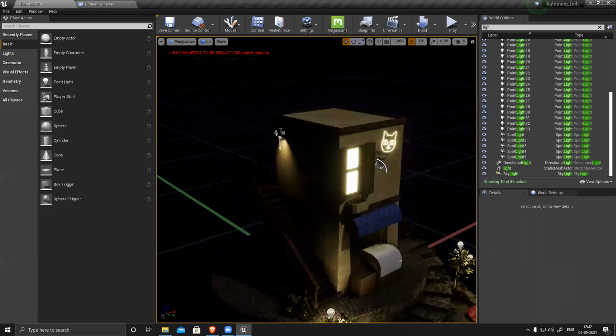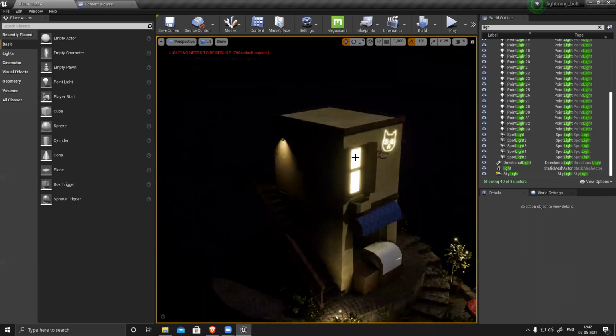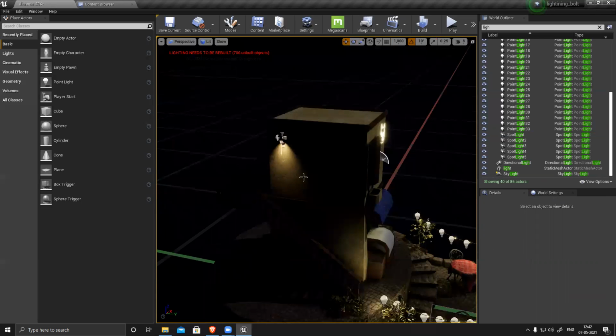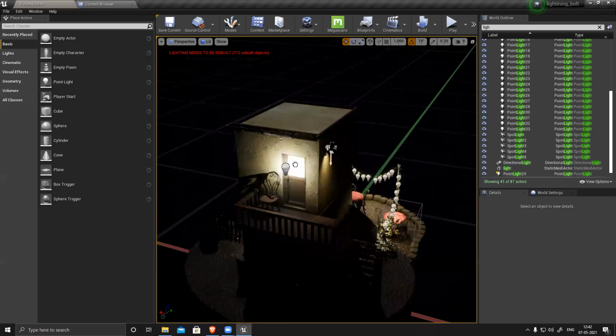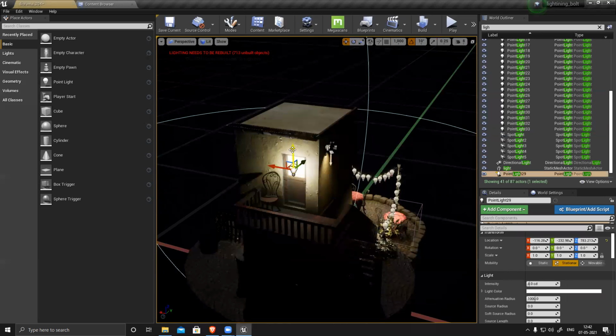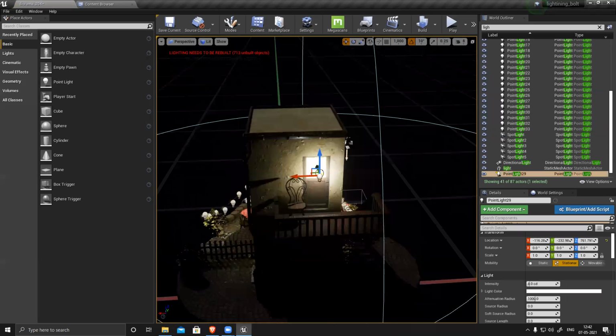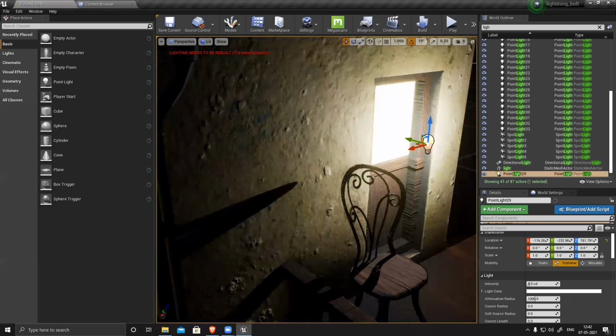Now this surface should generate some light, this surface and this also. In this case, I'll use a rectangular light, or maybe a point light also I can use, like this. Slightly.